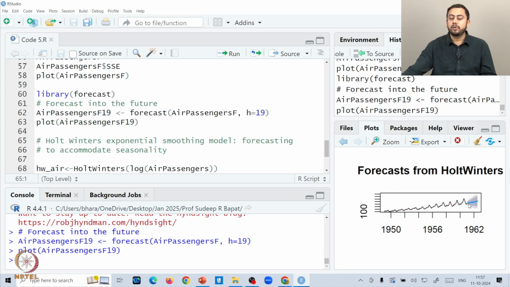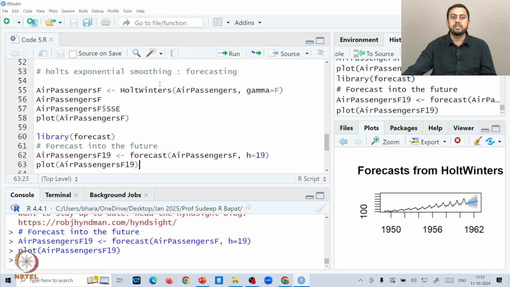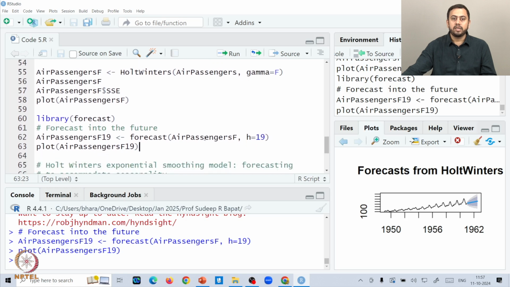Now you might wonder, forecast using which technique? If you come back to the code, since we specified air passengers F, which, if you scroll back slightly, is given by the Holt's technique, because this is the name we gave for the Holt's technique. Whatever fit you specify here, in this case Holt's technique, the forecast is made using that technique. Here you can clearly see that the forecasts are not matching the actual data set. They're not able to preserve the seasonality, because the forecast is almost a horizontal line.